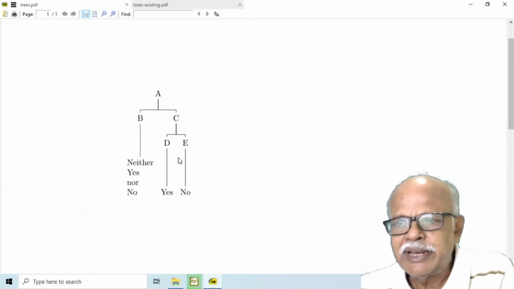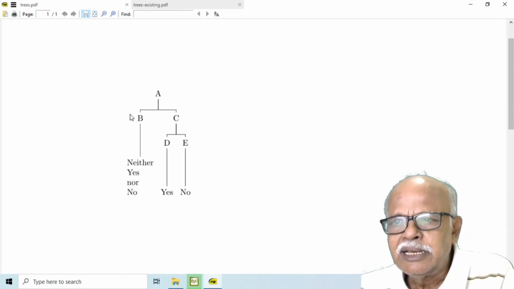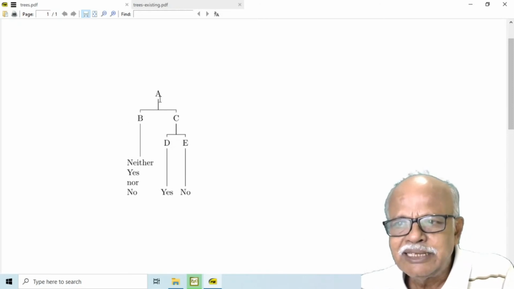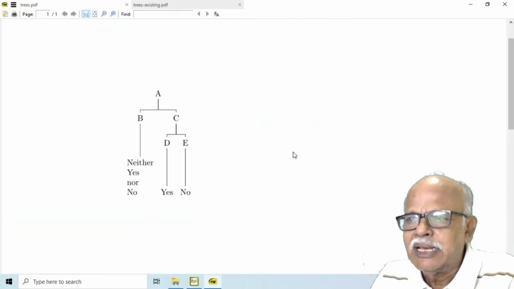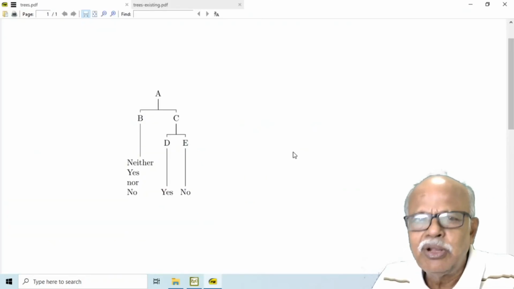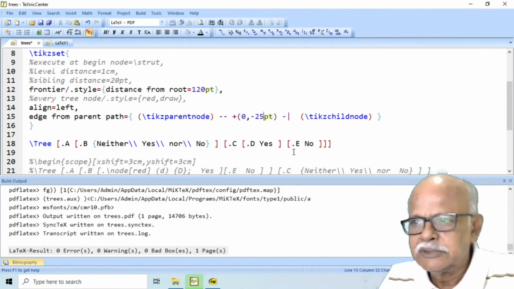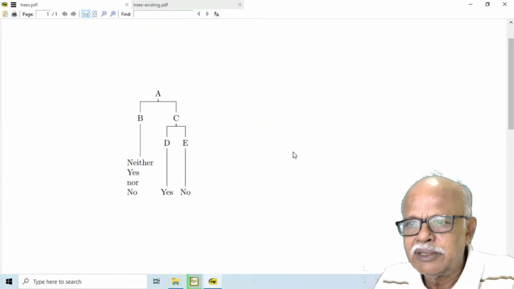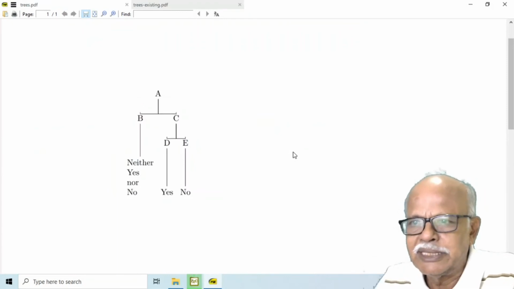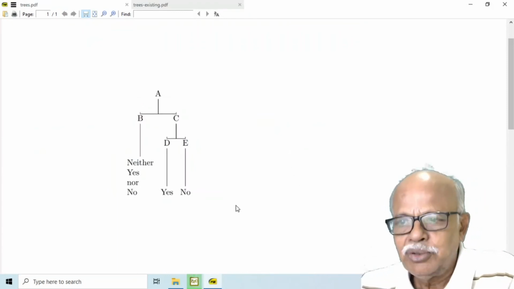Then you will find it is not branching in the shape of V. Such a structure will be useful to draw genograms, family trees. Let us say this is 25 point. It will be like this. Okay. You can draw it like this.